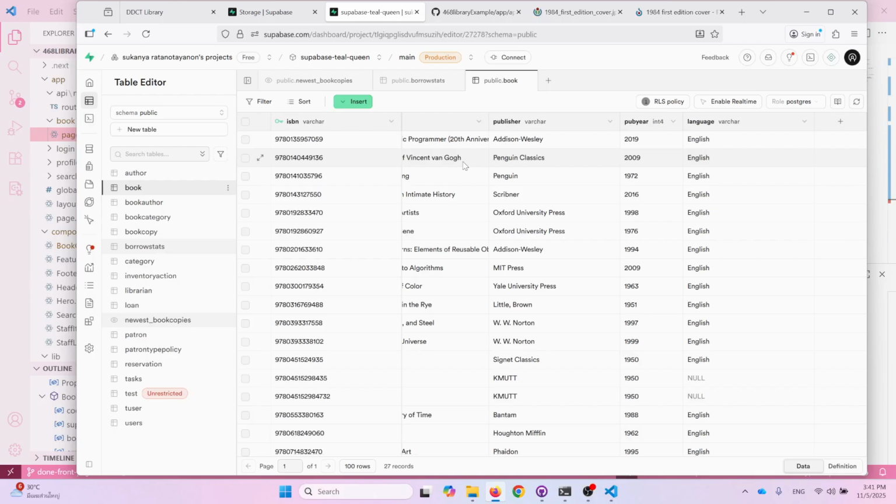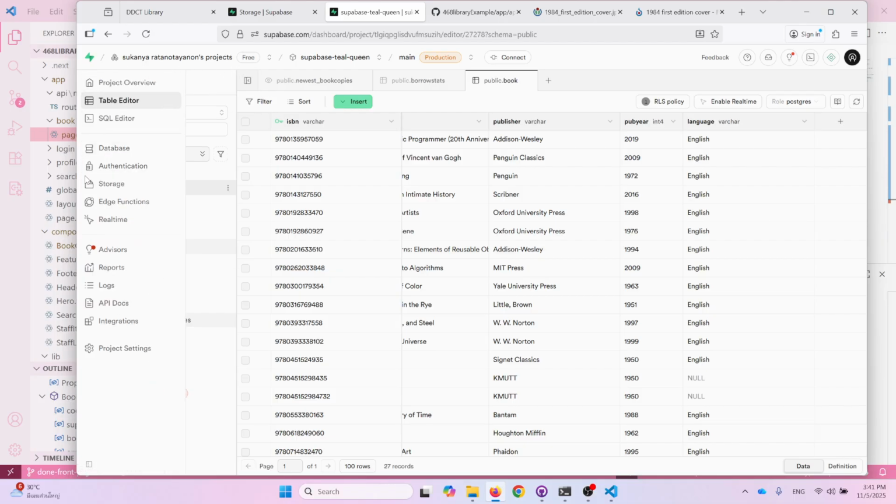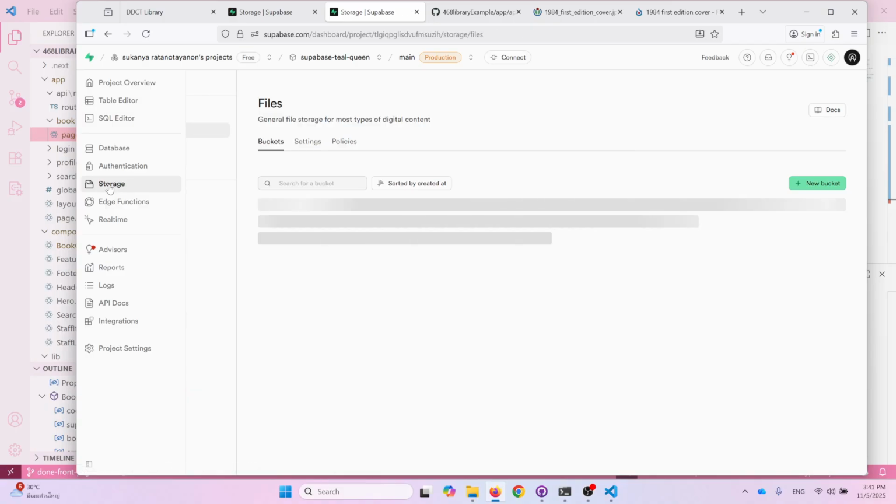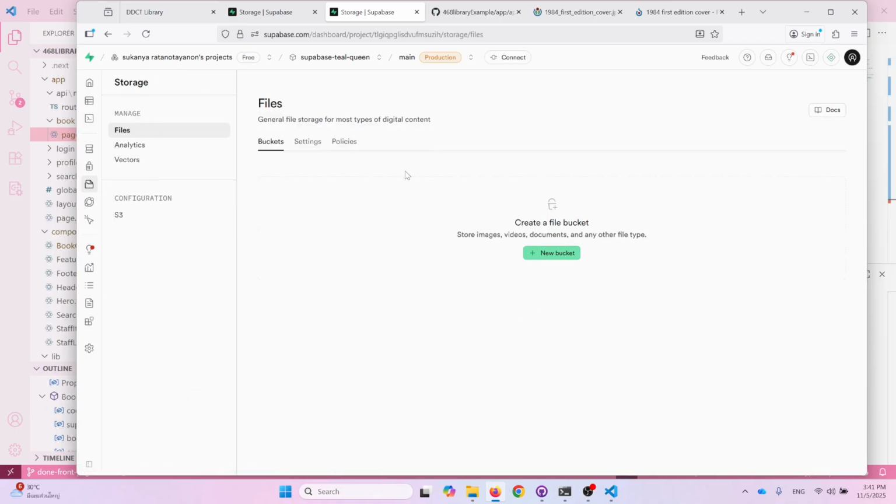Okay, so you would notice that in the previous video, our book doesn't have a cover yet, and that doesn't look good. Most of the time, you need to store files, maybe images, maybe information. Supabase allows you to have what we call storage. So if you go back to your Supabase project and go to storage here, it allows you to create a file